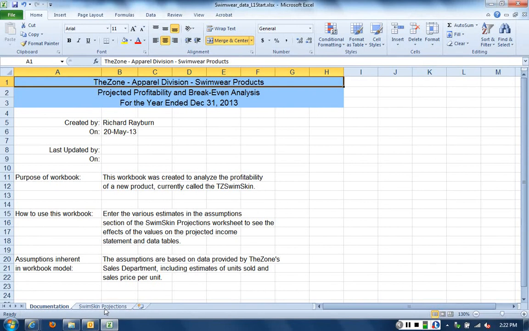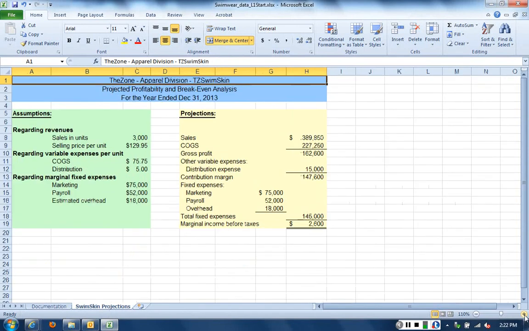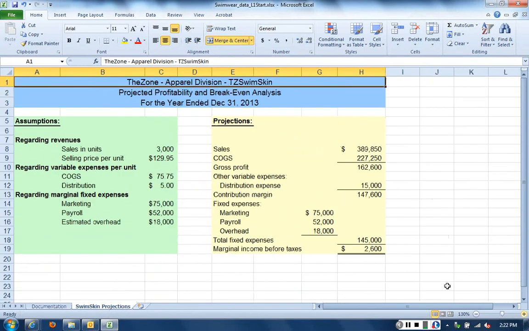So if I click on the second tab, I'm going to see some data that I can use to make projections. And so here's a projected profitability and break-even analysis. Over on the left we have some assumptions. So if you're going to launch a new product, you have to do some sort of a cost-benefit analysis. And when you're doing any kind of cost-benefit analysis, you have to make some sort of assumptions about what you're